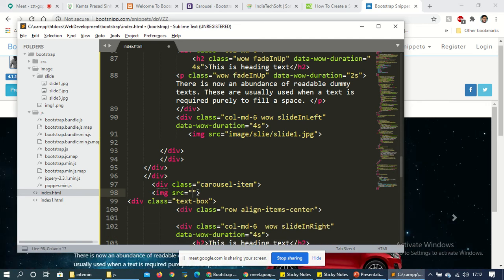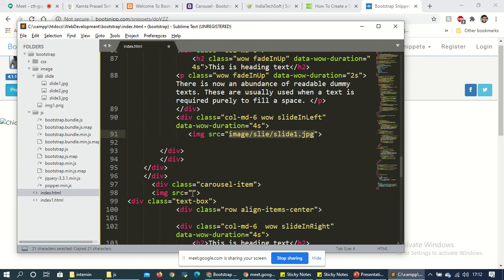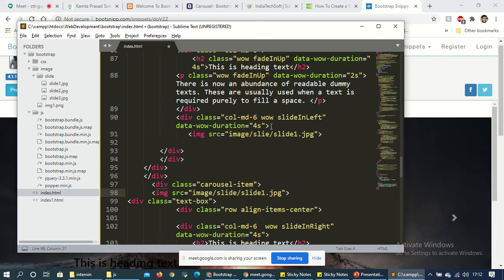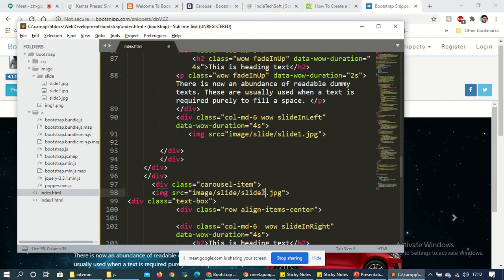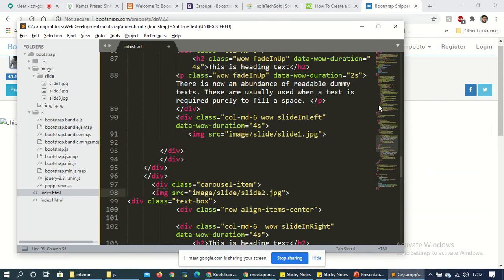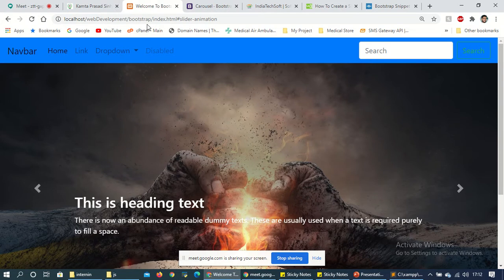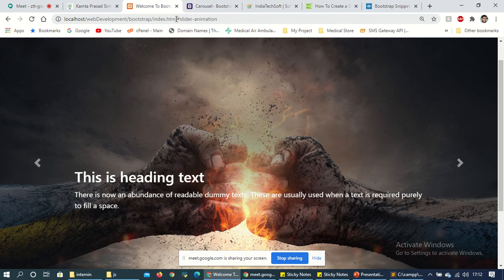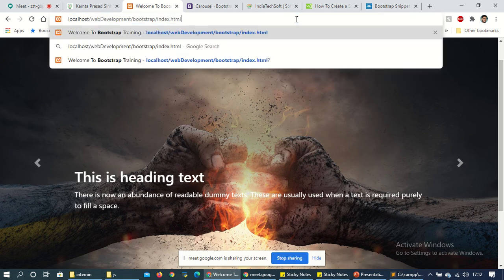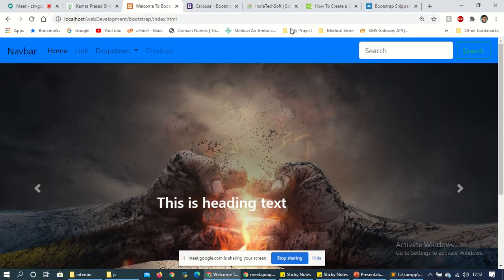Here also just copy this image and paste here, slide 2.jpg. So two images. I think, is it saved or not?